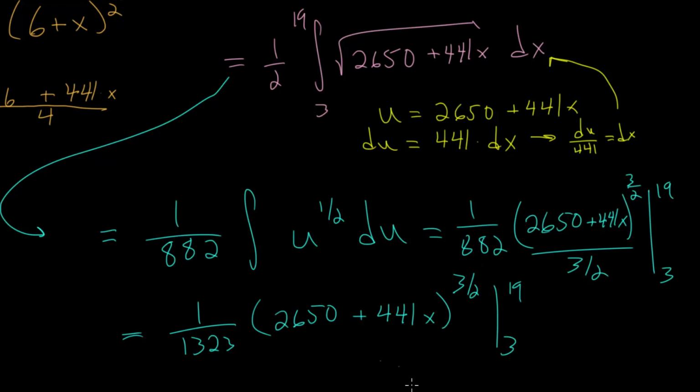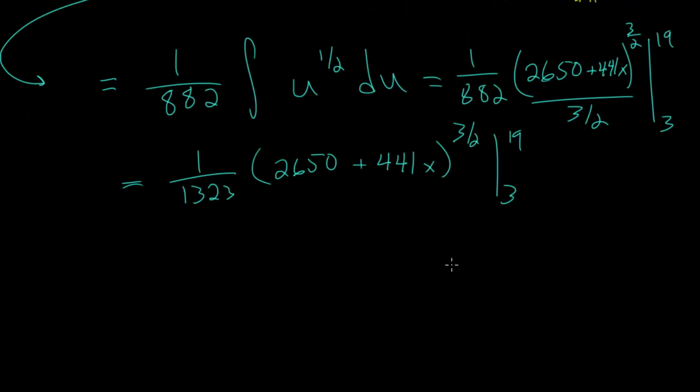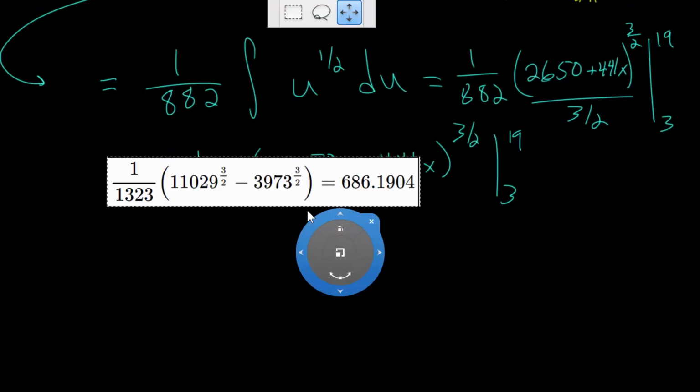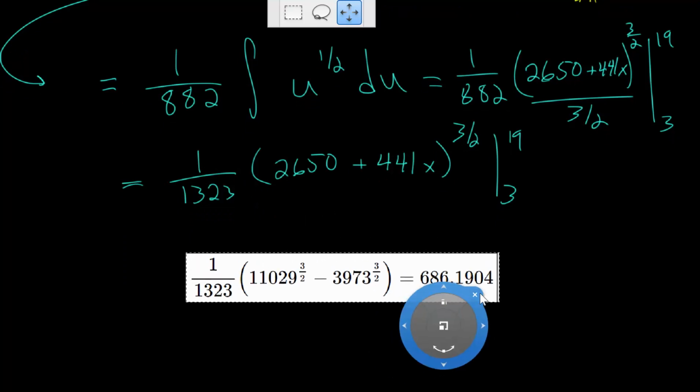Now, at this point, it is entirely arithmetic. We will plug in x equals 19. We will multiply that out, add these together, and then raise it to the 3/2 power, and then multiply it by this fraction, and then we will subtract when x is equal to 3. Again, we will just go through all that arithmetic again. So if you've made it this far, I'm not going to go through all of that arithmetic. I encourage you to check that on your own, but if I paste in the final answer,